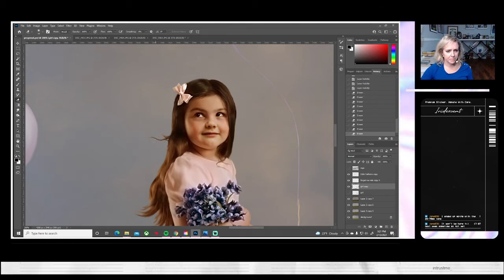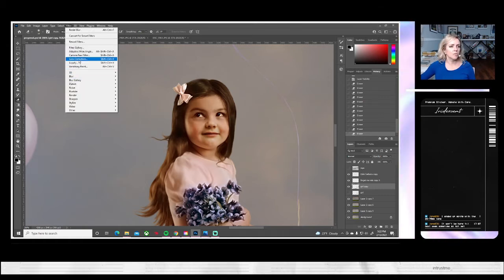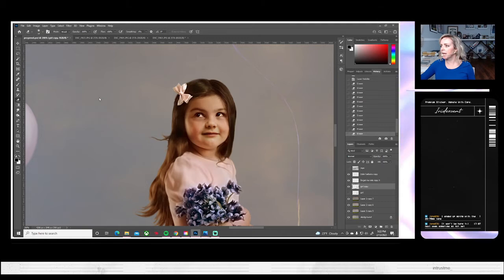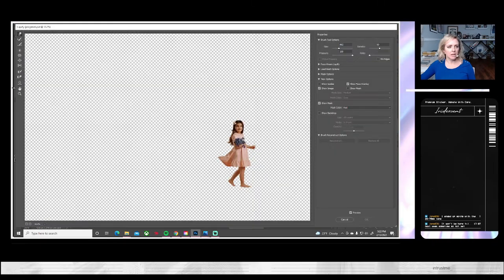I can feel my furrowed brow making me look angry. Okay. I think I'm gonna liquify that hair a little bit, and